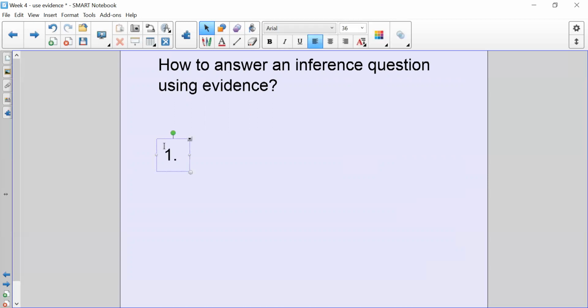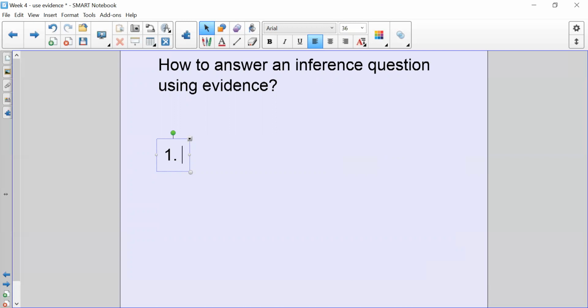Okay, so hopefully some of you have given some really good thought to that. And this is what should be happening every time you read a question, thinking about what skill you are having to apply to this question. What type of question is it? Is it a retrieval question? Is it an inference question? Is it a vocabulary question? So you've got to think about that skill that we've taught you and then what we can do to apply those skills in order to effectively answer it.